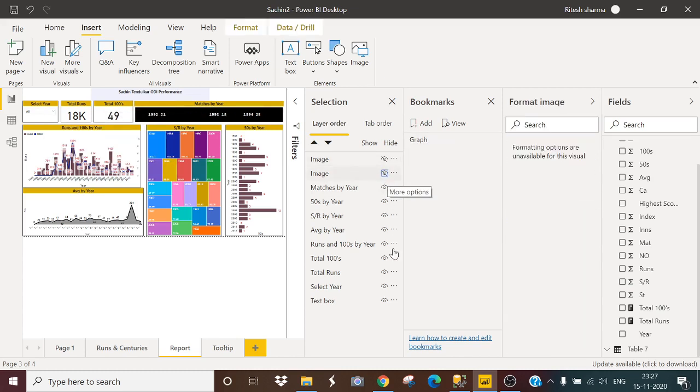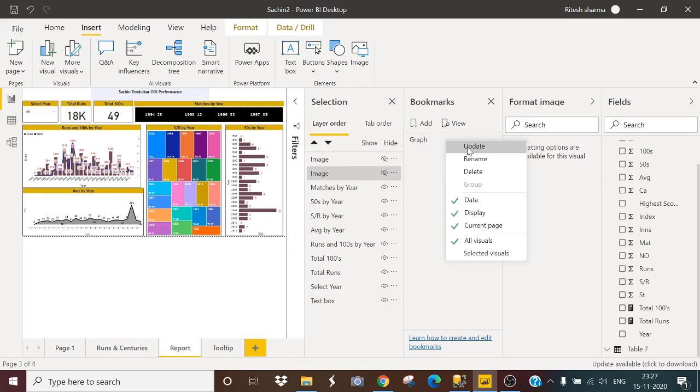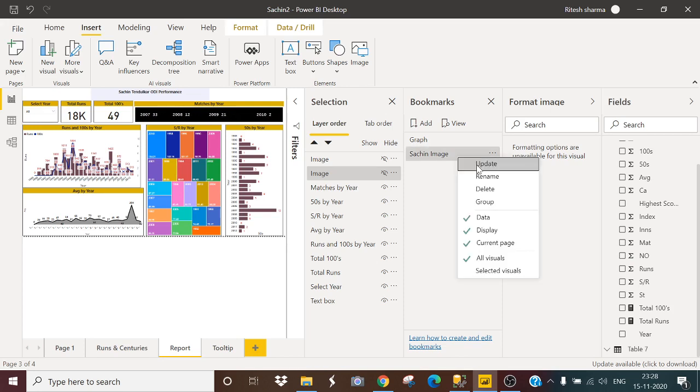Now I can click on update, and for another one I will name this as Sachin image. Click on update.